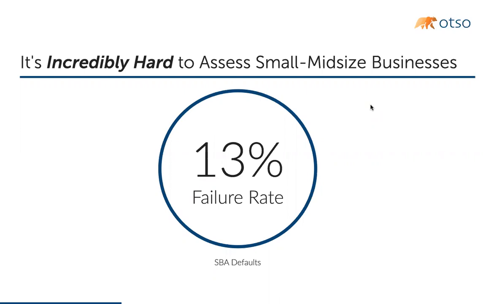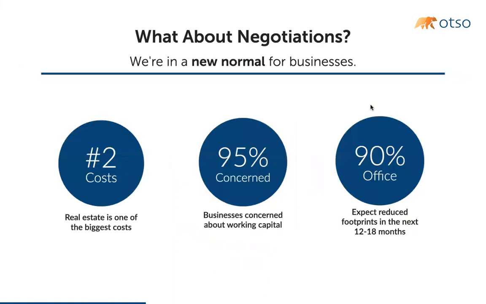And so if we were to just extrapolate that to your commercial property, that means roughly 1 to 2 out of 10 deals that a landlord does in a small and regional partnership is going to have not only vacancy, but defaults. And we'll get into this, but defaults hurt. And just quickly on tenants, real estate obviously is one of their largest costs. We did a huge survey last year, of which 95 was really closer to 99. 99% of businesses were concerned about working capital after COVID. It was, sans a few industries, a brutal year.